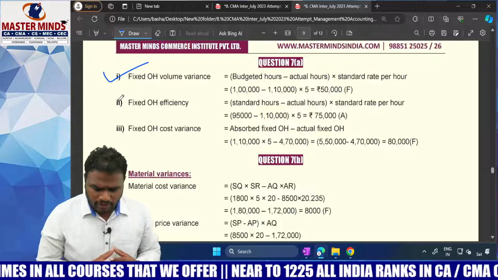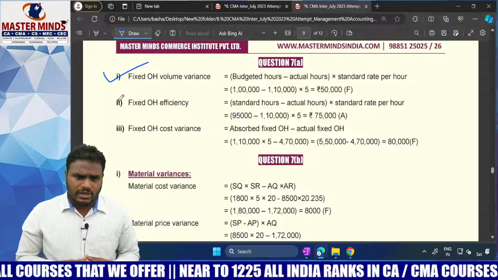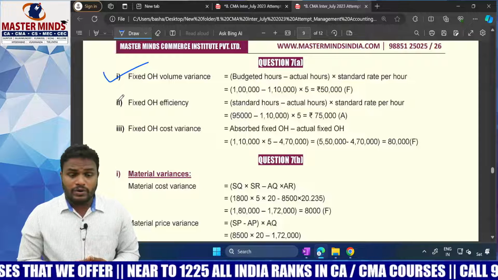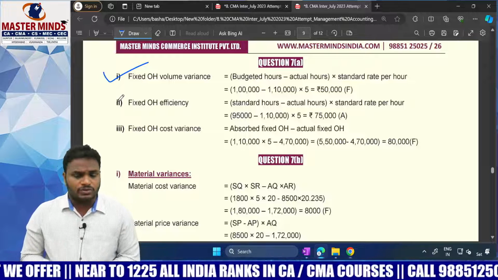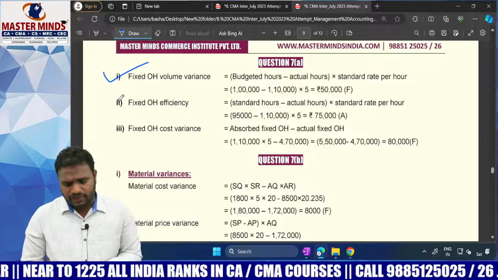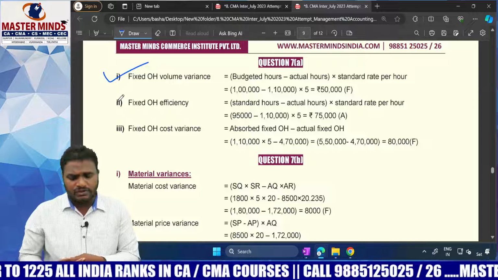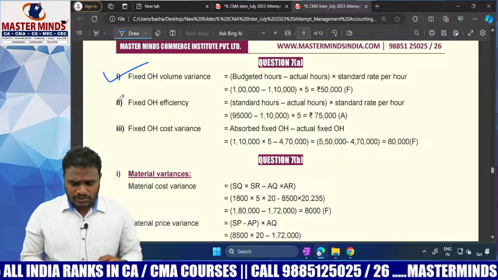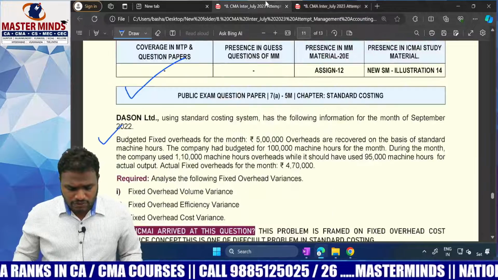Fixed overhead volume variance: budgeted hours minus actual hours into standard rate. Fixed overhead efficiency variance: standard hours minus actual hours into standard rate. Fixed overhead cost variance: absorbed fixed overhead minus actual fixed overhead. Now this is a very basic question, but the next question is